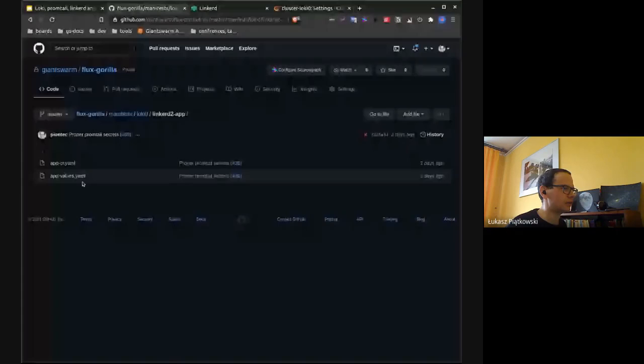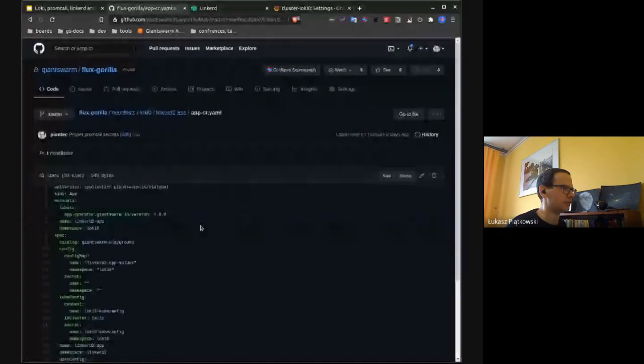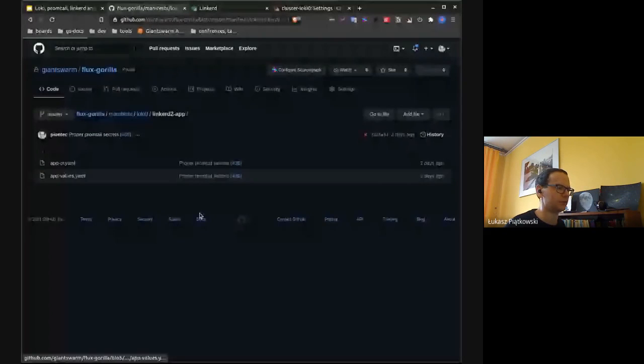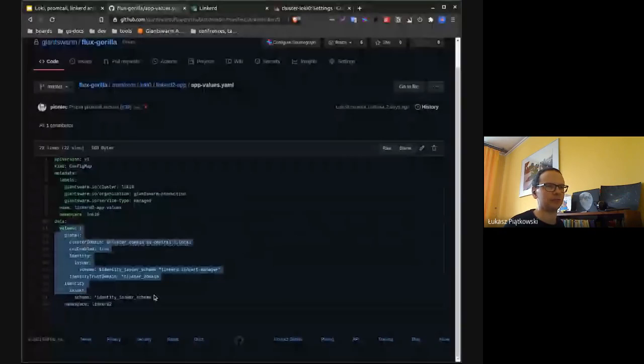And over here, let's see, for example, Linkerd 2 app. And we have over here just two files, appcr, which is our plain old appcr that has just one single config map referenced. And this config map is also over here in app values file. And it is also our plain configuration config map associated with appcr. That's it. After you put both of these files into the master branch of this repository, Flux will take care